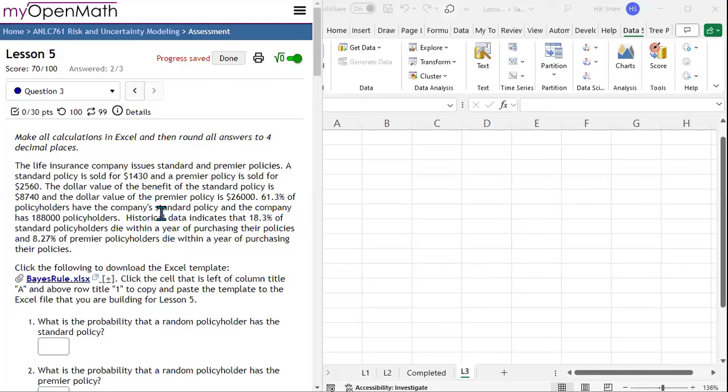In the last part of lesson 5, we're going to look at a Bayes rule problem. In this problem, the life insurance company issues standard and premier policies. A standard policy is sold for $1,430, and a premium policy is sold for